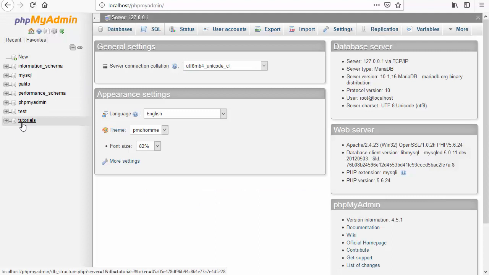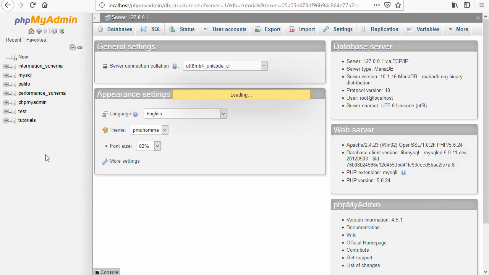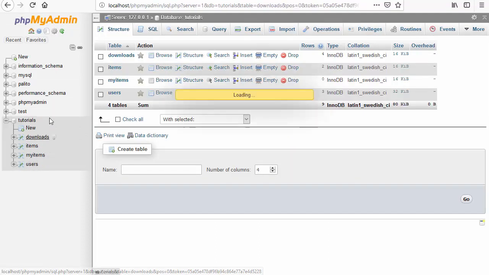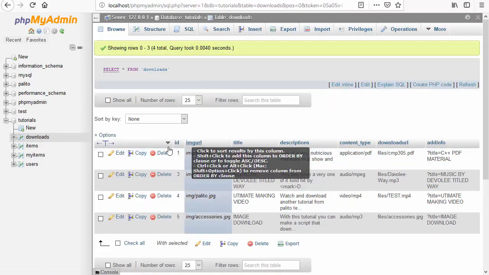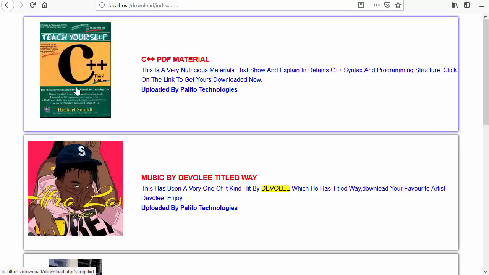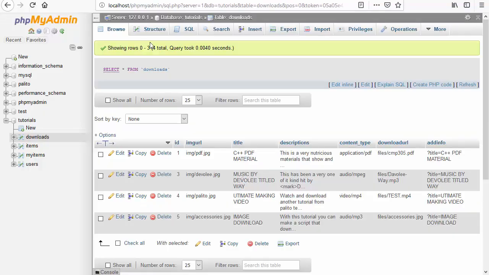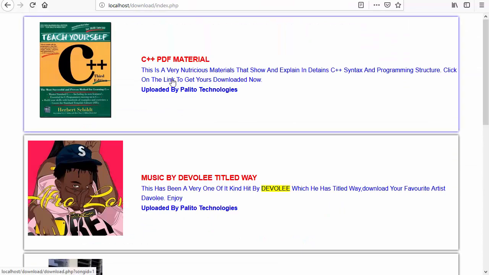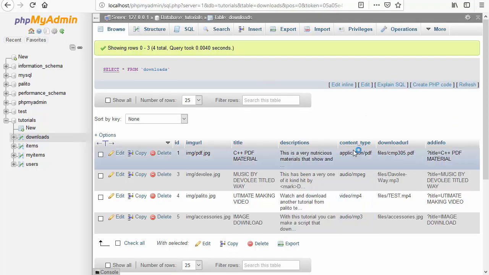I've created a table inside our tutorial database. I named it download. Within the download table, I have columns for the image URL, that is the icon images, and their various titles. I have their descriptions, and I have their content type, which is the most important thing we need in this tutorial, because we need to know the content type so as for us to be able to